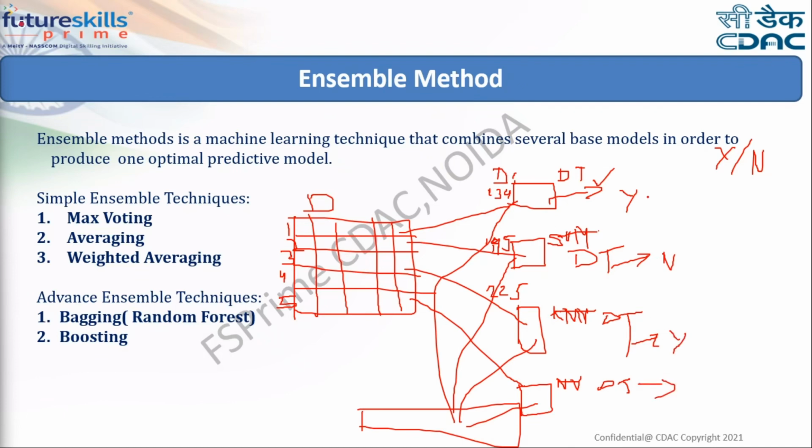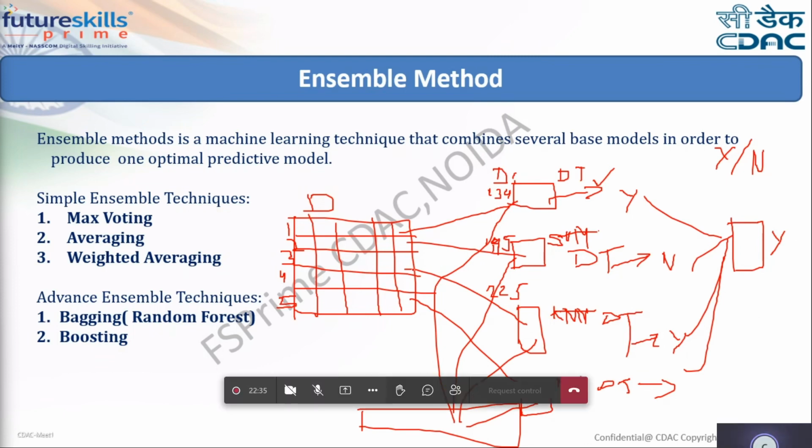So at the final stage, that result will be aggregated and I'll get the final output. Suppose I'm using maximum voting criteria. So I'll say the output will be yes. Now this will be my strong decision. These were my weak models. This is my strong model. So a strong model will give you a strong decision, right? I hope this funda is clear to everyone.